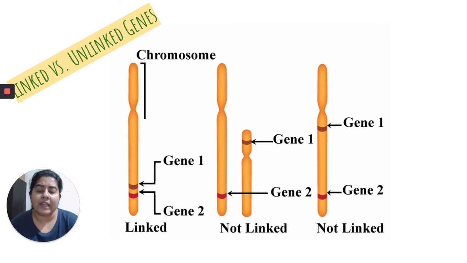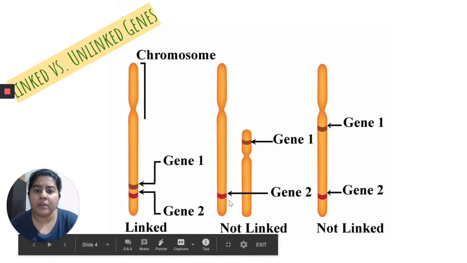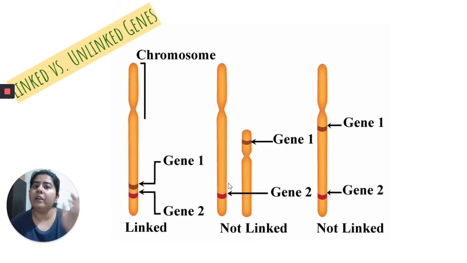If you look at the second case, there is a big chromosome and a small one. The big one has gene 2 and the small one has gene 1. So in this case, first of all, two of the genes are in two different chromosomes, not even in the homologs. So when crossing over will happen, both of them will be inherited independent from each other. So there will be independent assortment. Whereas what was happening in the linked case, the independent assortment was not coming true anymore.